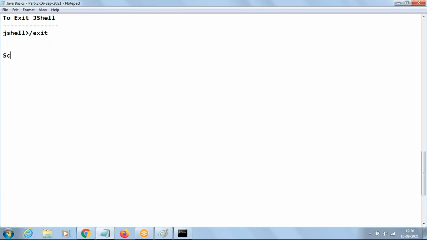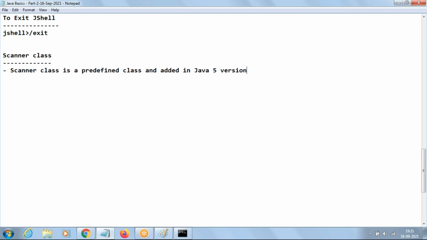Scanner class. Scan means read. Scanner class is a predefined class, added in Java 5 version. In which version did we get this? Java 5 version.